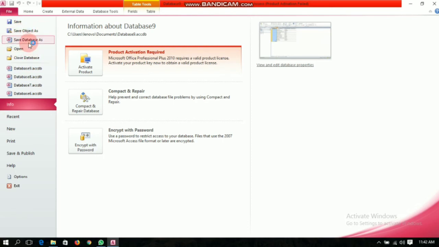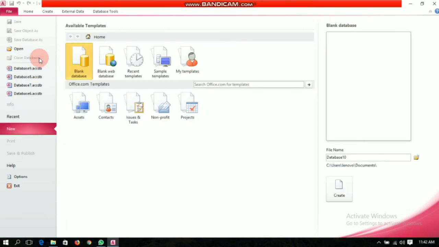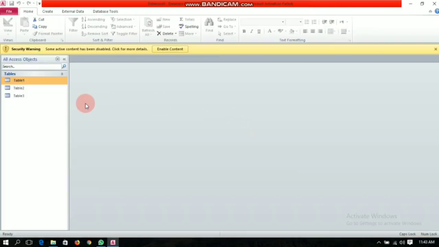If you want to save it as it is, you can click on save database as. And to rename that table, you have to close the database, because when you are working on a database, the table name will not rename.